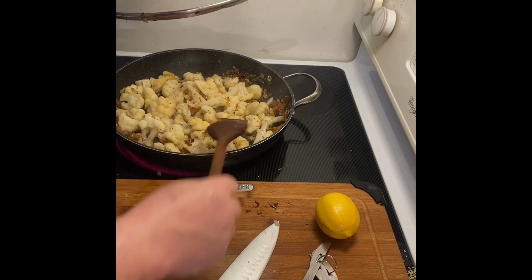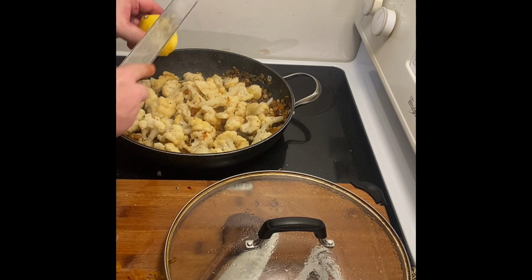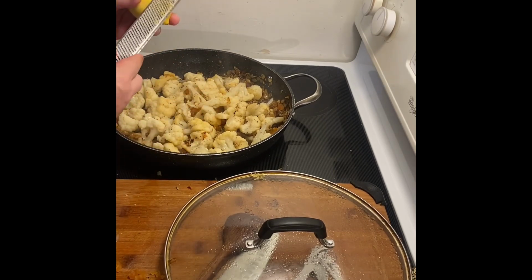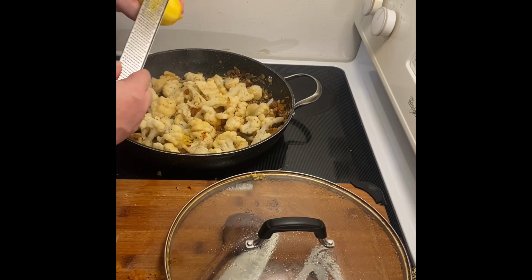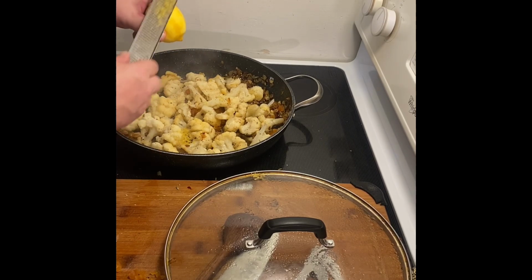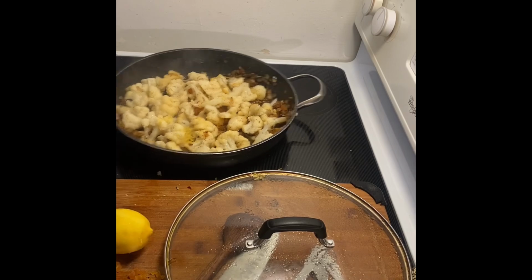And so that was only 2 minutes, but we're going to now add, the aroma is fantastic, the zest of a lemon to really pick it up. So that would be about half a teaspoon of zest. I don't think I need any juice for this. Let's just get, oh yes, when it hits the heat, the aromas really come out. So now we're going to stir it up again,